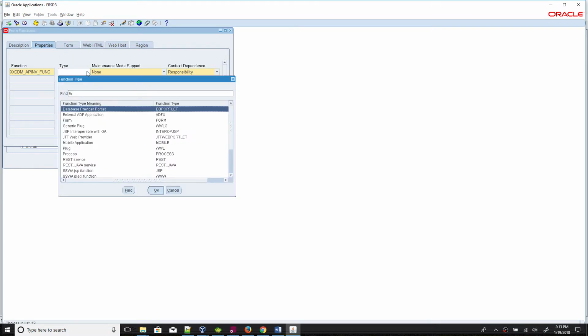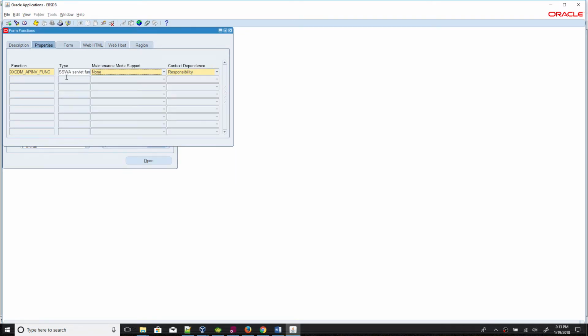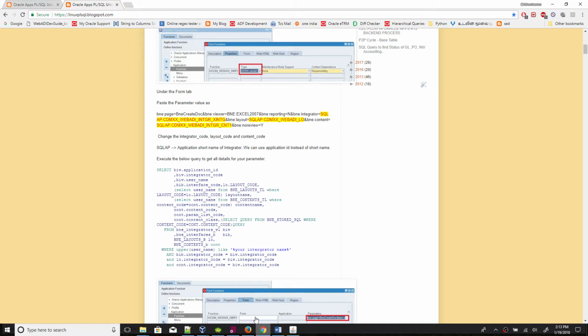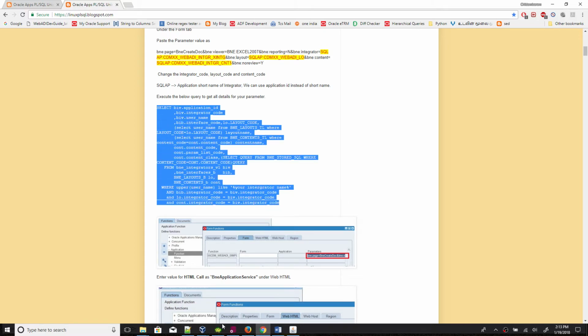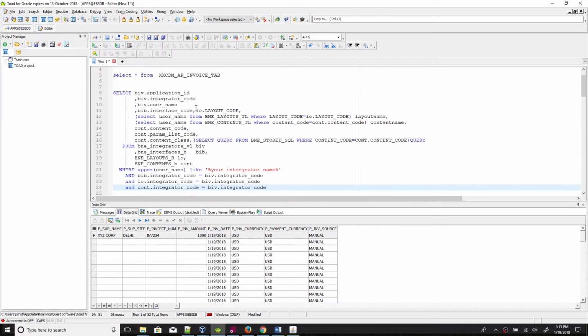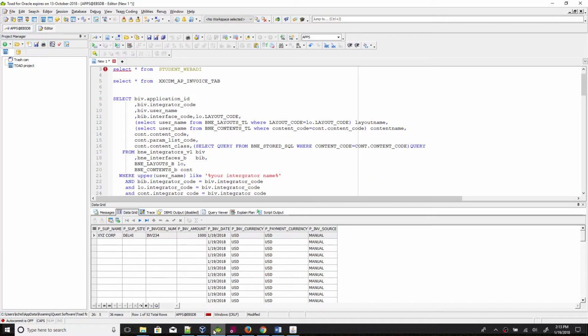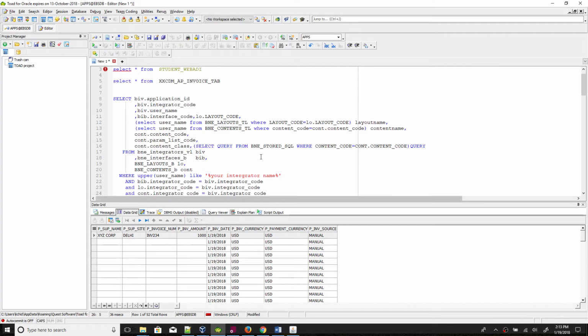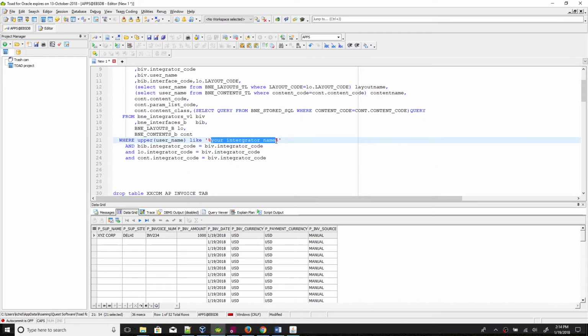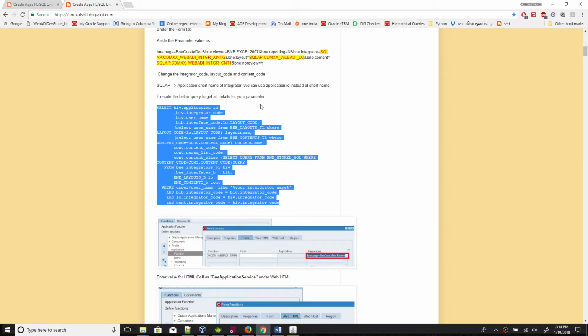Properties, this properties, SSVA servlet function. Go to form. In the parameter window I have one ready-made query. Apply your integrator name, make it uppercase, query that. So in the parameter option